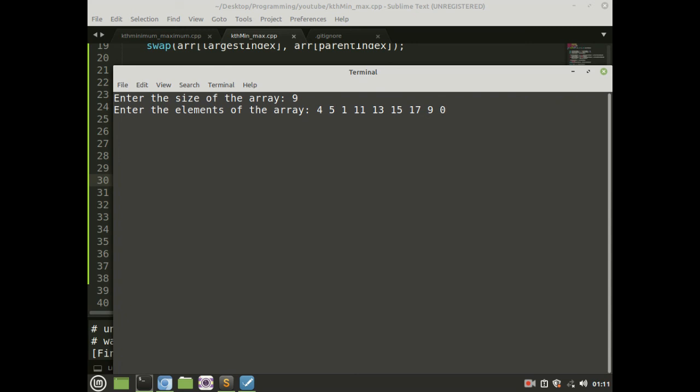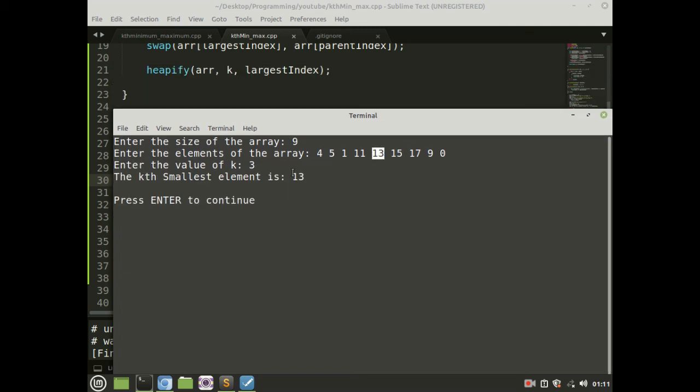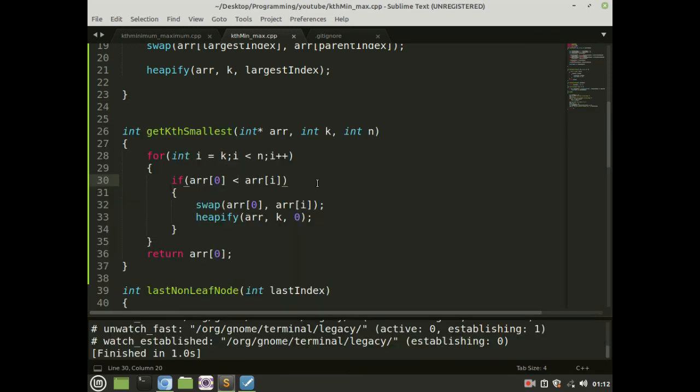And I am going to find the third largest. From here we can see 17 is the largest, 15 is the second largest, and 13 is the third largest. So our code has returned 13. That means the code is working totally fine. This is how you can create code that finds the kth largest element.